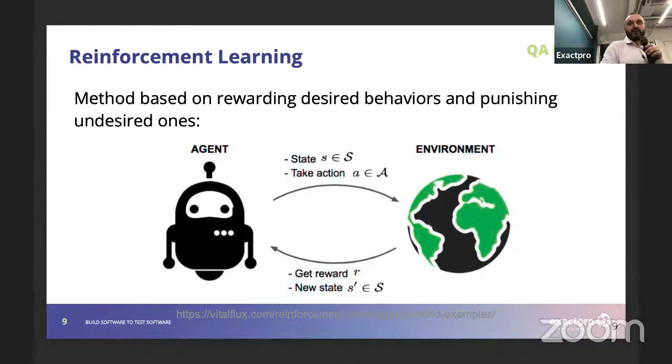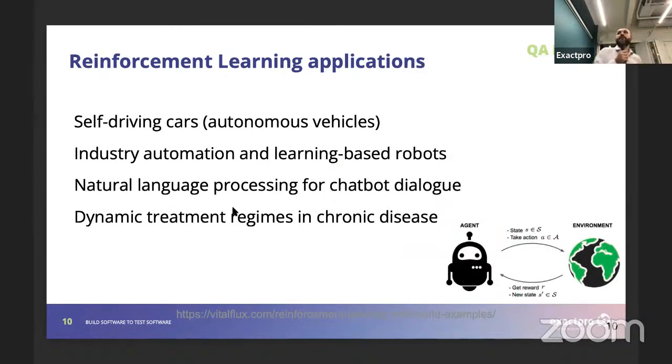So, here is the list of the most typical applications of reinforcement learning. One is definitely self-driving cars, because it's exactly what we have there. So you control your car, but every second,